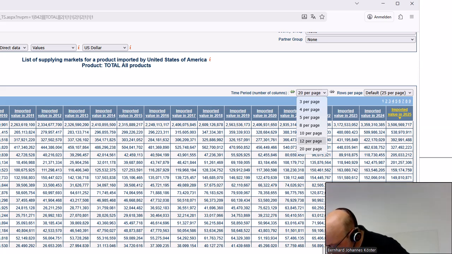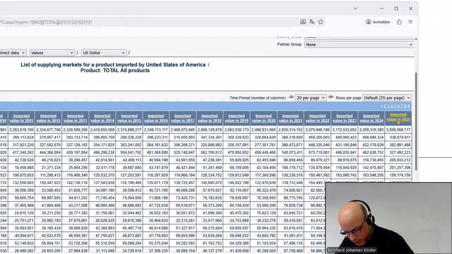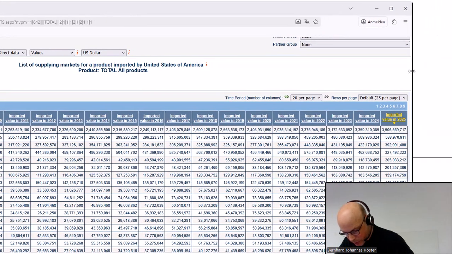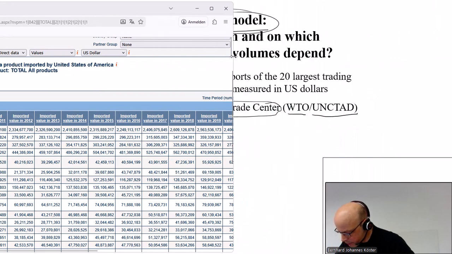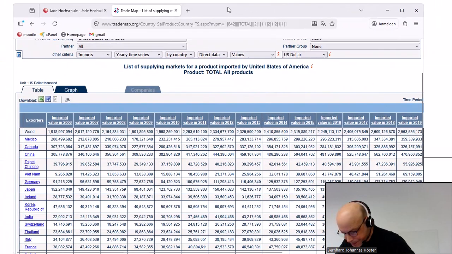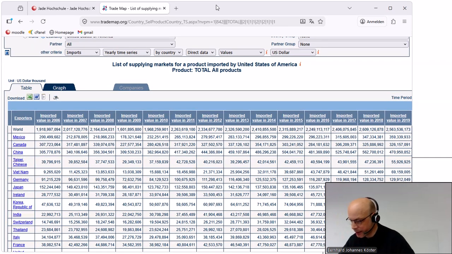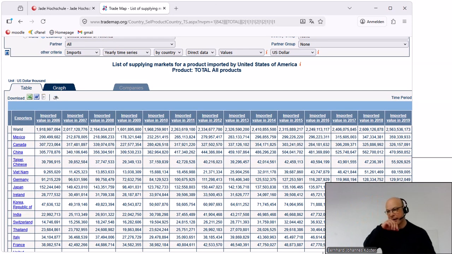Well, let's see what happens when we download it, because it always changes a little bit. Why is it 2002? I think this is the first data point of this database. It would be interesting, if you remember the beginning of the lecture where I showed you the overall trade relations, there you have seen that especially 2000, 2001, there we have the start of the really very fast globalization